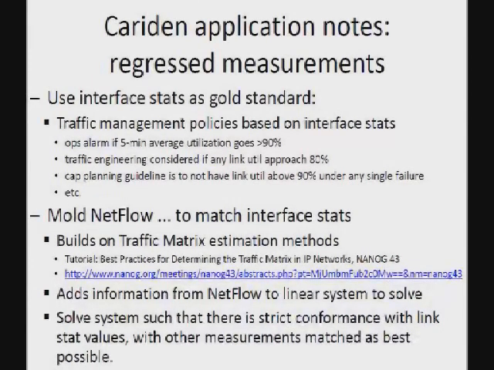On the other side, NetFlow or sFlow are very commonly sampled, so they will never be very precise. There will always be an error. So you can use interface statistics as a fancy scaling factor for your NetFlow or sFlow traffic matrix information. This is a very interesting topic, but I wanted to put a pointer to a previous NANOG presentation about this, because you can spend another half an hour just delving into the topic.